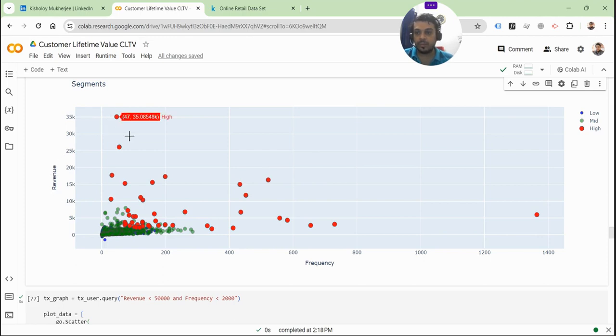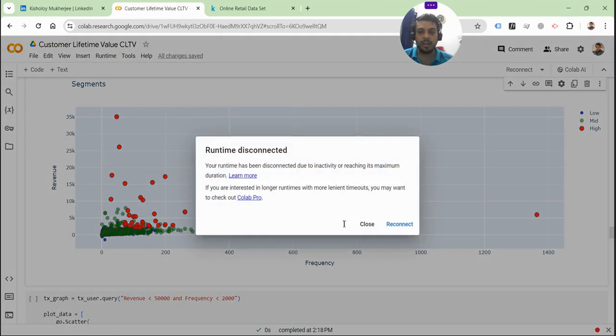And then you also have revenue. There are some outliers close to 35,000, but the high ones are obviously higher than the average. Most of the clustering is the green one. Not too many blue ones, only one, you can see. Most of the green ones have relatively lower revenue and lower frequency, right? But the red ones, some of them have higher frequency,